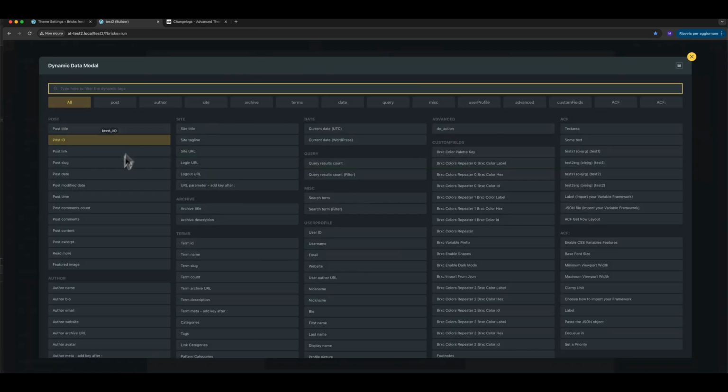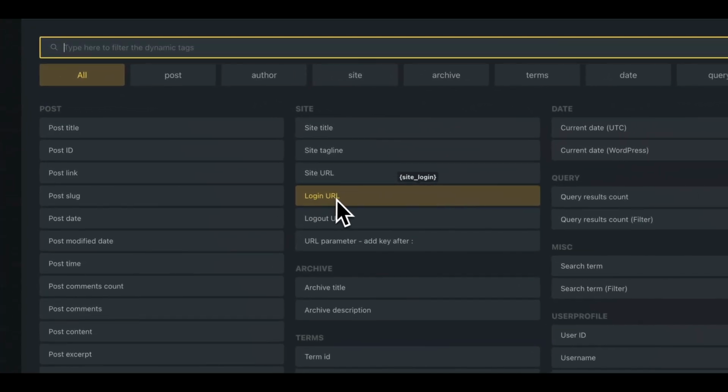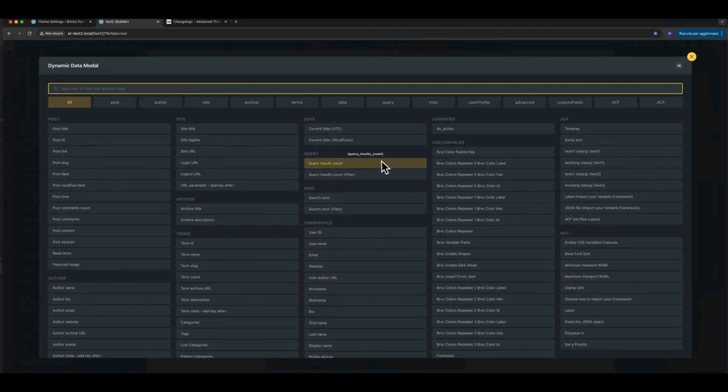Okay, another thing is about the filter. Before, it was only filtering the label, right? But it didn't include the name of the function. So for example here, login URL is the label, but site underscore login is the name of the function, right? Sometimes the label is slightly different from the name, and now when you filter, it will filter both the label and the name, and